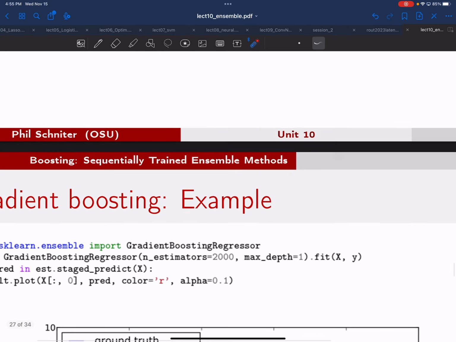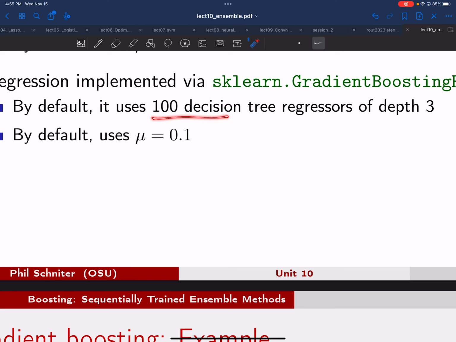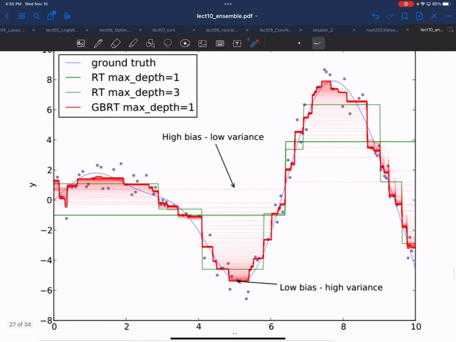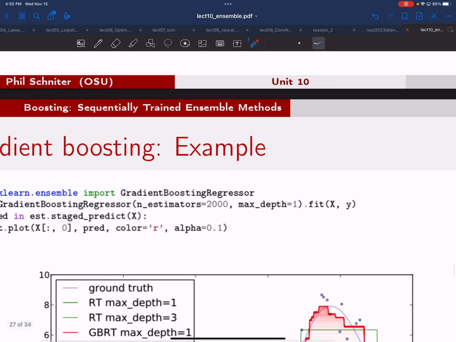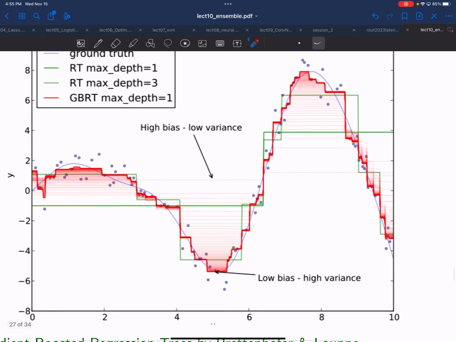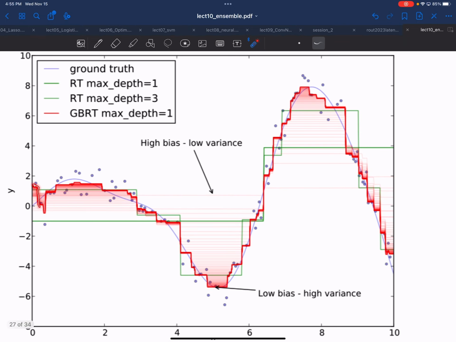So what we're going to do here, though, I'm not exactly sure if they used 100 like sklearn does, but the red lines show the gradient boosted regression tree, and essentially it shows the sequence. The first stage is using, I don't know, maybe stumps. I'm not exactly sure what they use here, but basically it's a really simple model. And then the next time it gets more sophisticated, and more and more sophisticated. And finally, after, it looks like, maybe 2,000 stumps, they finally get to this classifier, which is